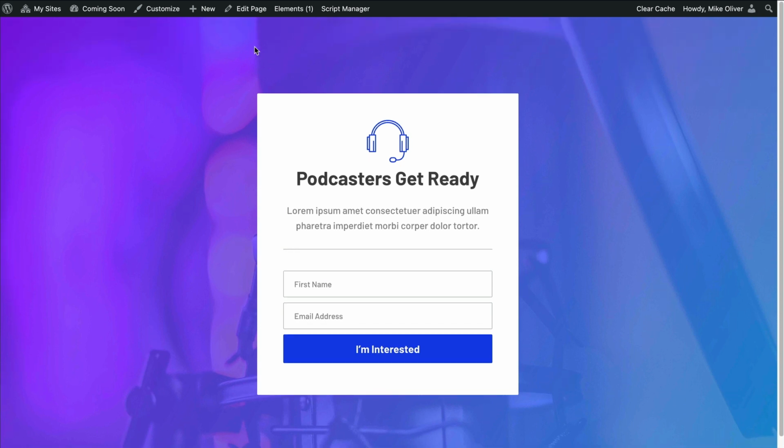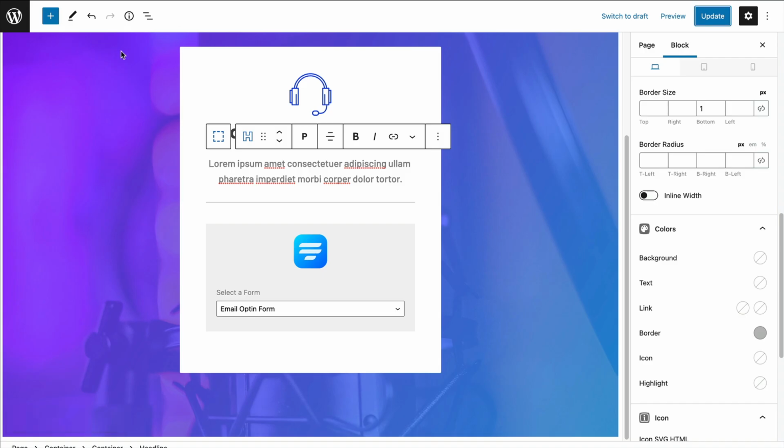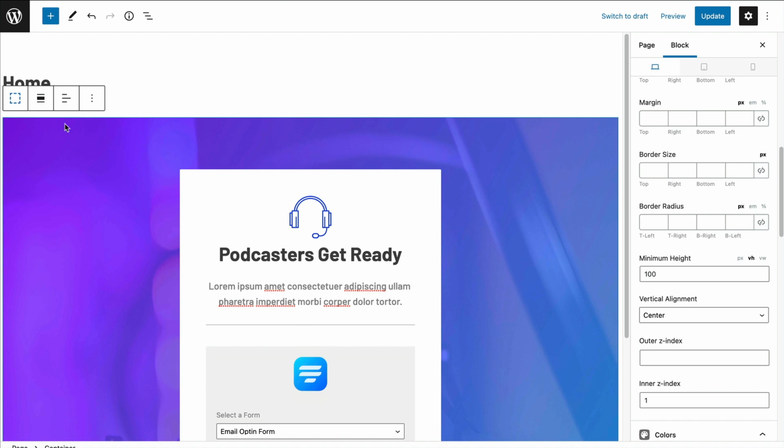Now, as far as the tablet and mobile, this is such a simple layout, it'll probably just stack perfectly. But one thing I did do is I added that 30 pixels of padding on the outer container, which will prevent this white box from hitting the edge of smaller screens like phones. So I use